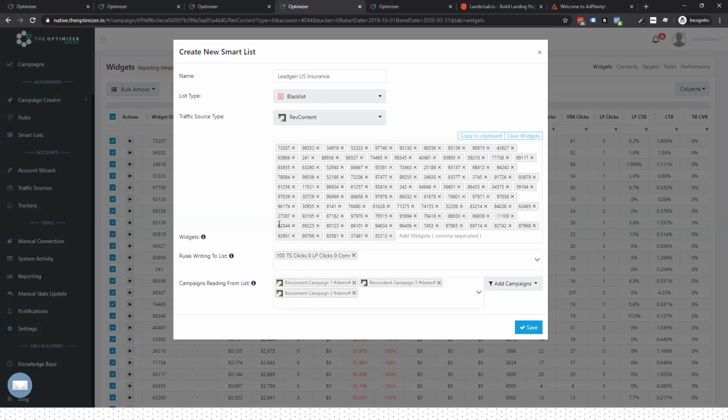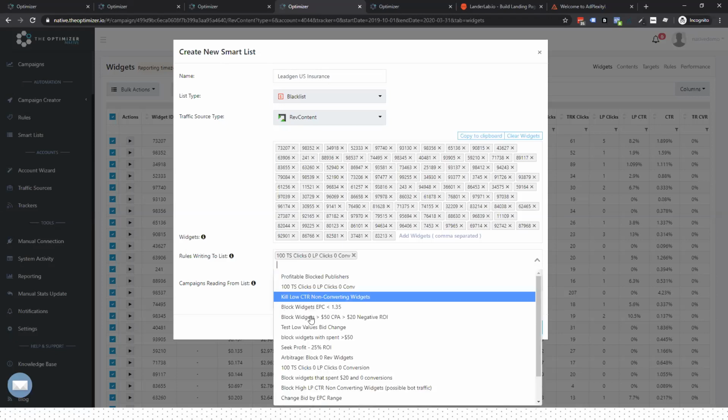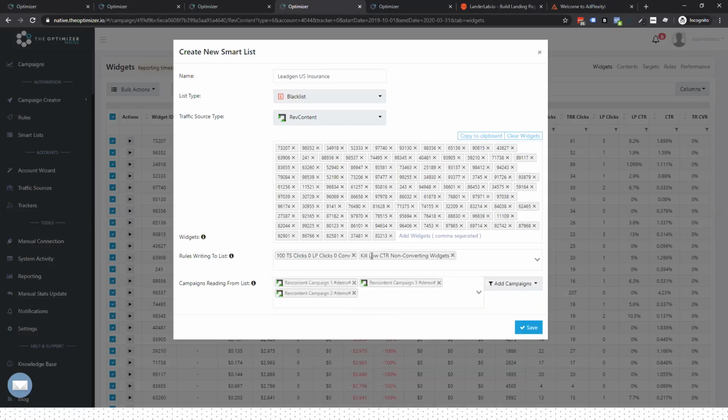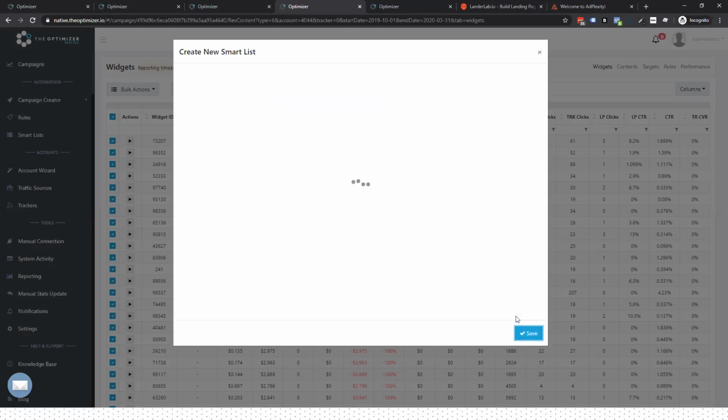So this means that I don't need to waste the same amount of money multiple times, or spend the same amount of money on the same publishers expecting something to change out of the blue. So this is pretty common sense. So I can have automatic rules to block widgets and update this list and share the list of blocked publishers among other campaigns. So once I click save,